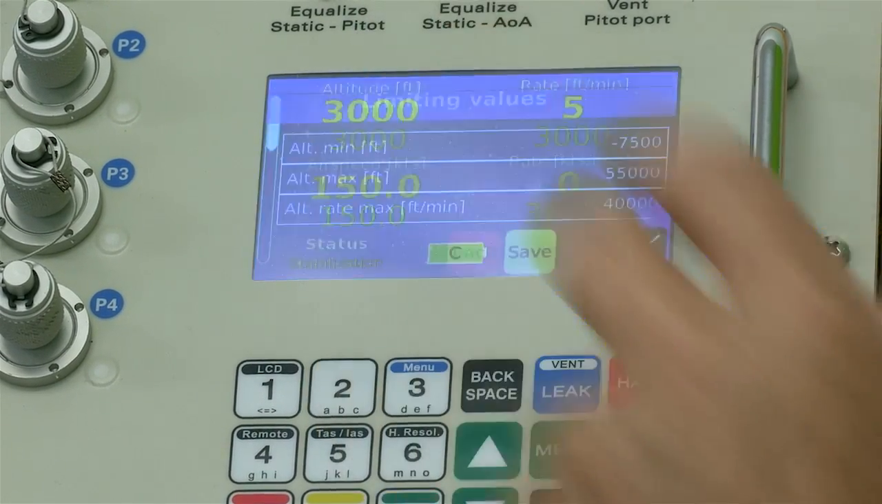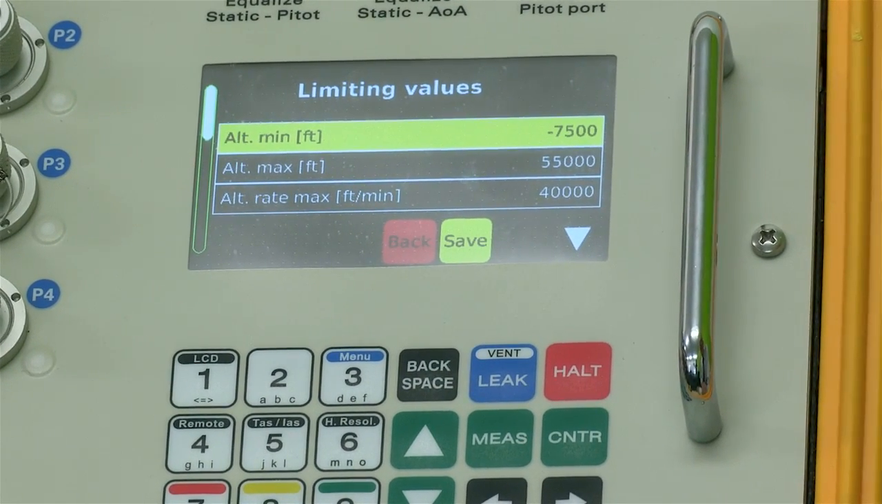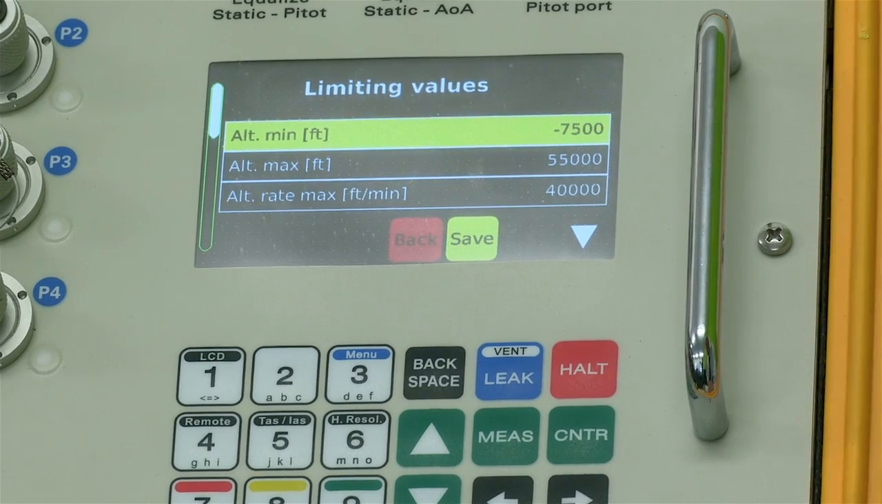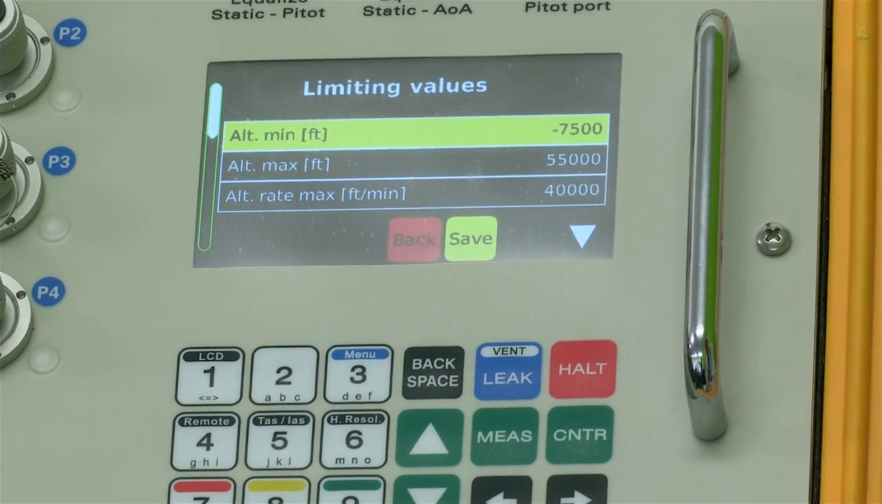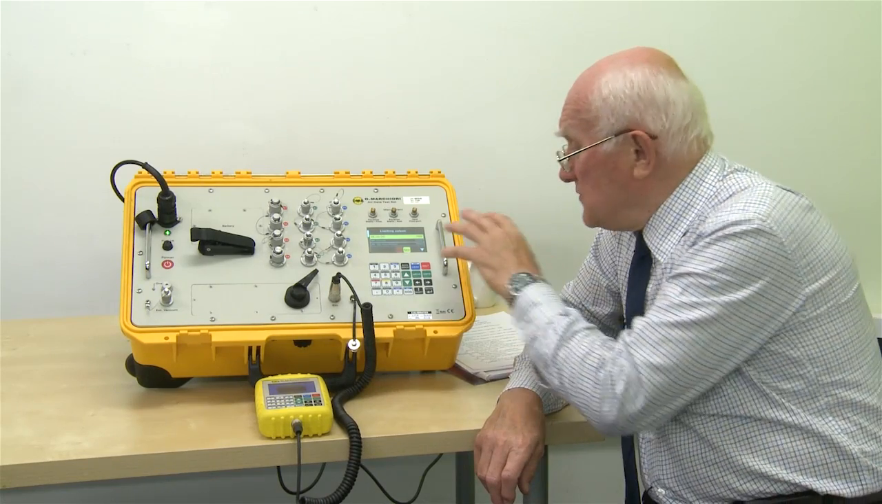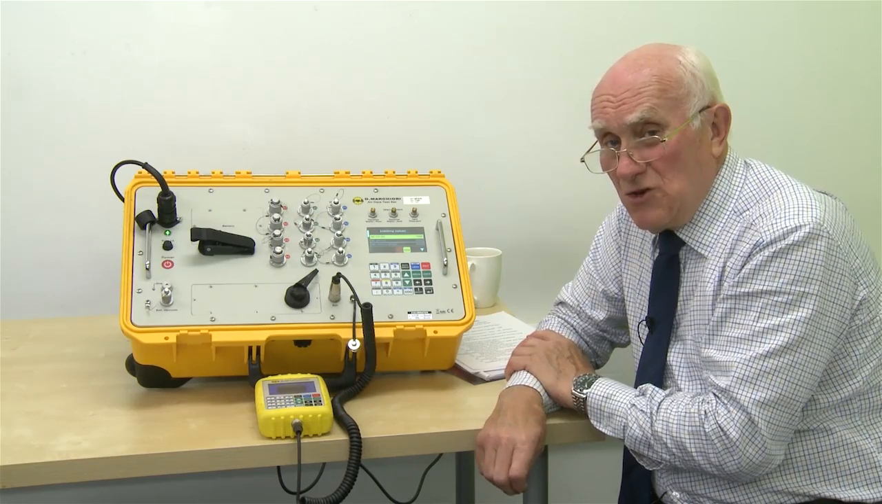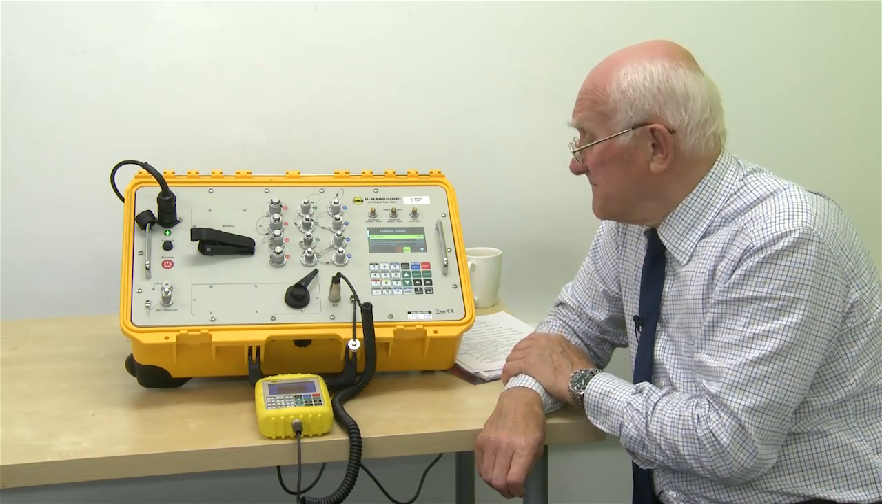At the moment, if I look at limits, it tells me that, for example, my minimum altitude is minus 7,500 feet, my maximum altitude is 55,000 feet, my altitude rate is a maximum of 40,000 feet per minute. If you don't like those, you can change them. Make them safe for your particular exercise. However,